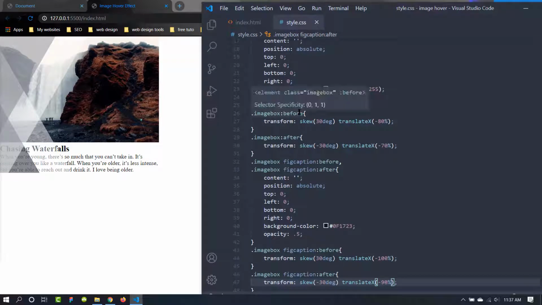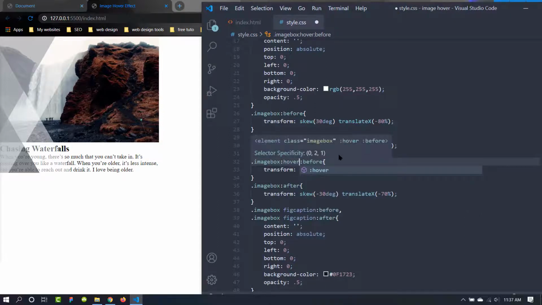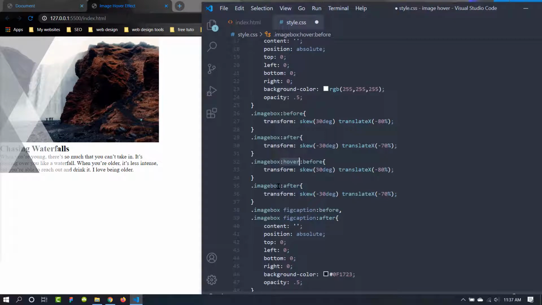Let's first add the hover effect with the before and after. We can copy this. To apply hover with a pseudo element, we need to give the hover at first, then the before. This is how we are going to apply hover with any pseudo elements. Now we need to change the transform and skew.